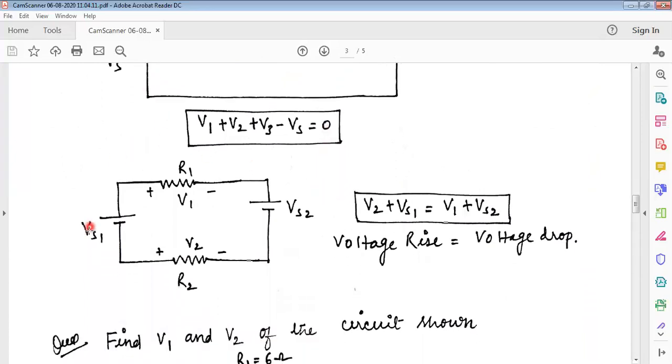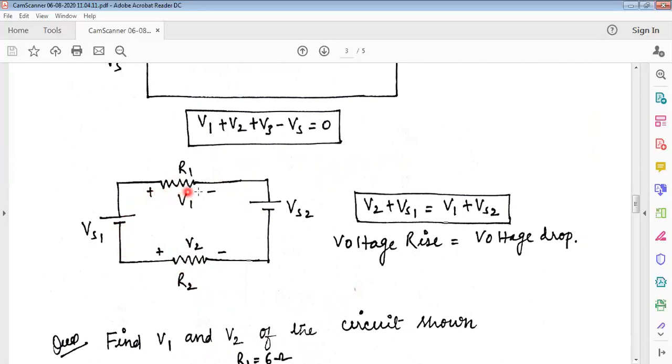Now let's see this circuit. In this circuit, two voltage sources are given, Vs1 and Vs2, and two resistors are given, R1 and R2. And the polarities of the voltages across the resistors are given as plus minus V1, here plus minus V2. Now you have to write Kirchhoff's voltage law. So total voltage rise should be equal to total drop. So see here,